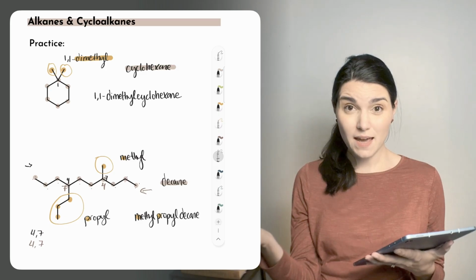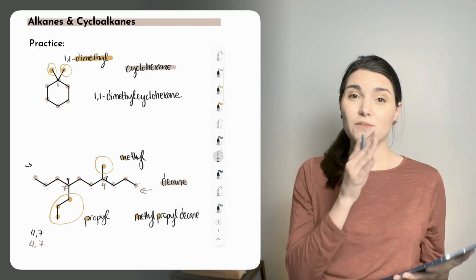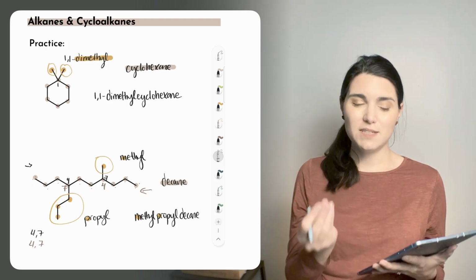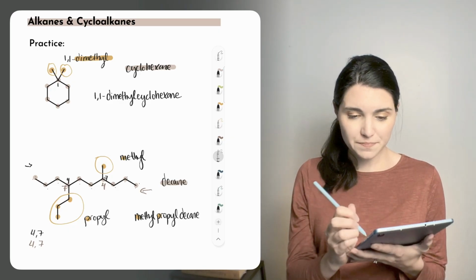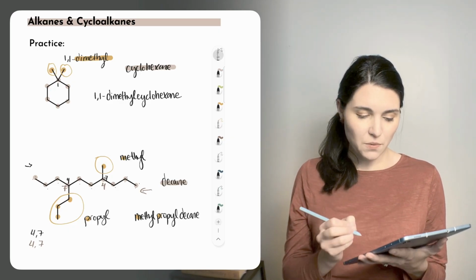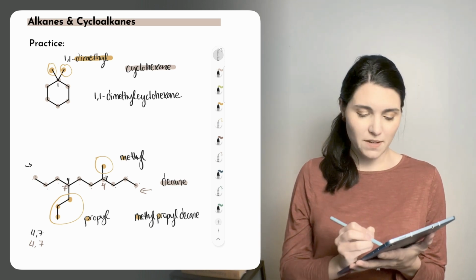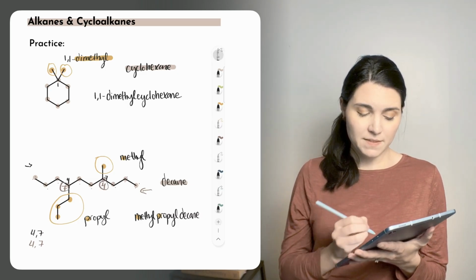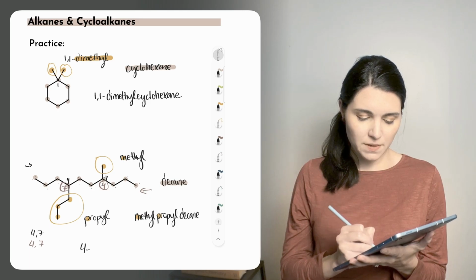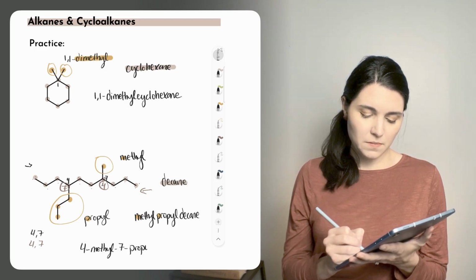So how do you choose in this case? When you do have a tie, you can give the lower locant to the first alphabetical substituent. So this is the situation where you are also going to put your numbers in order the same as your letters. But that's only when you have a tie like this. So we're going to choose the numbering that gives methyl the lower number because methyl is first alphabetically. So we're going to be choosing the pink numbers here. So that gives us 4-methyl, 7-propyl